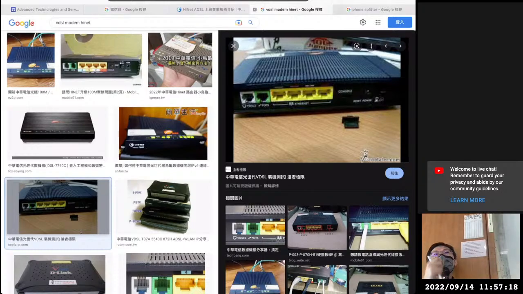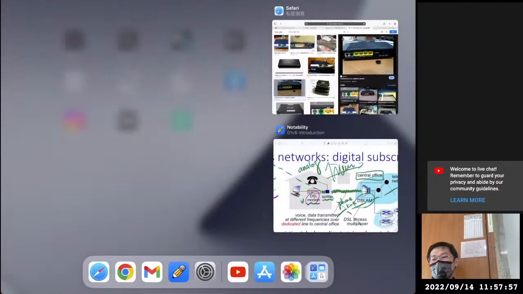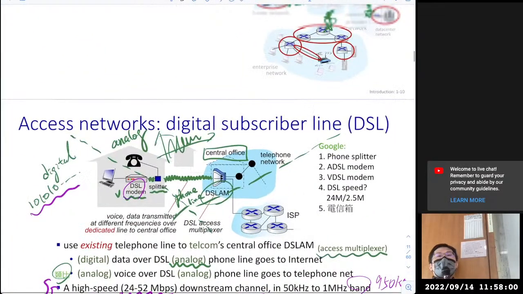So in this case, the VDSL modem will have 2 slots. You can plug in your 2 different phone lines. So for VDSL, at least you need 2 phone lines. But the technician will help you arrange things. They will find 2 different phone lines in your wall and set up the VDSL modem in your home so that you can have more than 100 megabit per second or 200 megabit per second service rate. 就是你可以拿到比较好的这个服务品质的。如果你有2根铜线的话，这样这才是我们现在正在用的东西。